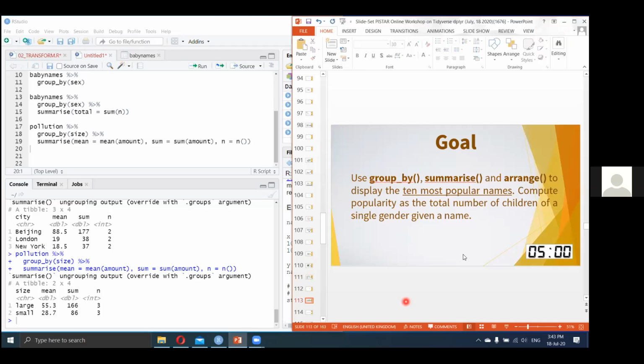Our goal is to use group by, summarize, and arrange. Right now we have done group by and summarize. One more function is used along with these two functions in the next command, and get the results of the 10 most popular names in the baby names file. So come to the baby names